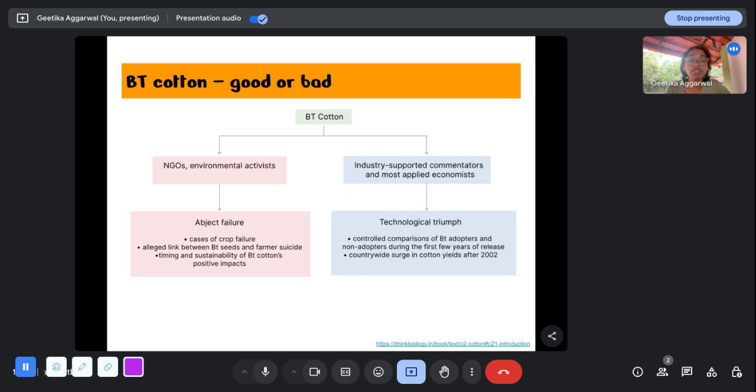But if you look at how economists and industry supporters comment, they think it has been a technological triumph, and Bt cotton has been very nice. The adopters that have taken up Bt cotton in their fields have benefited much more from it than people who have not. So you can actually go to the I Think Biology textbook and study more about Bt cotton. What was actually found in a study later on was that